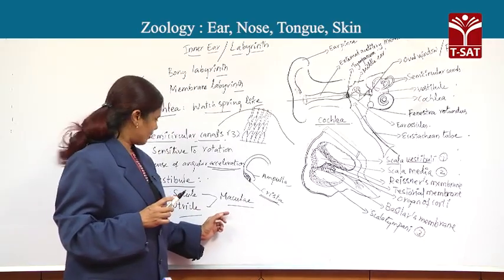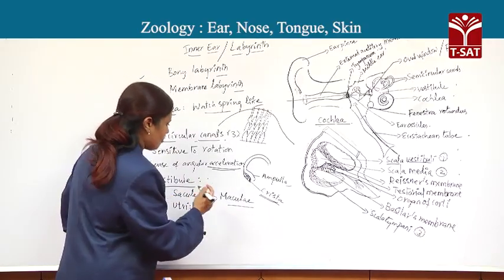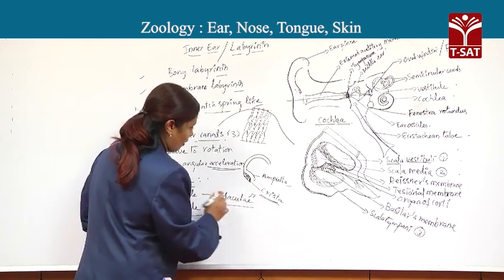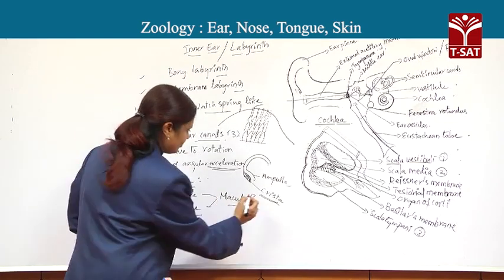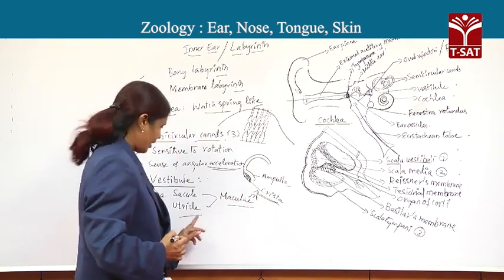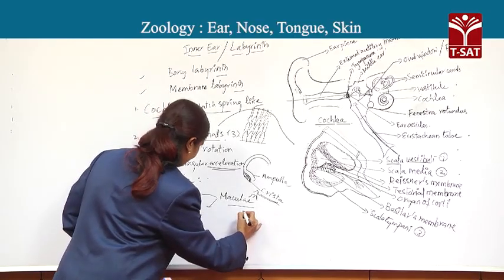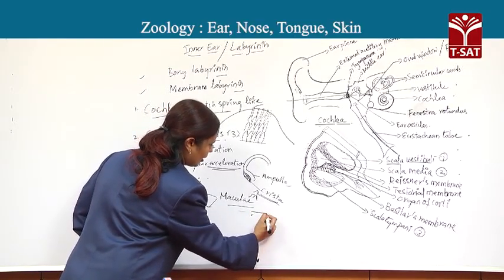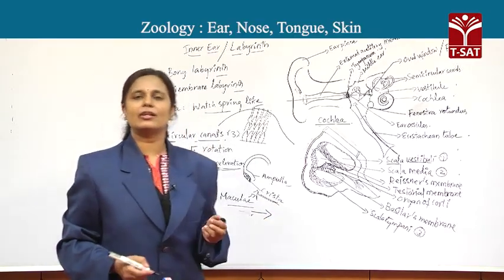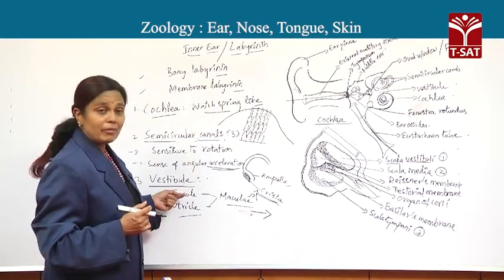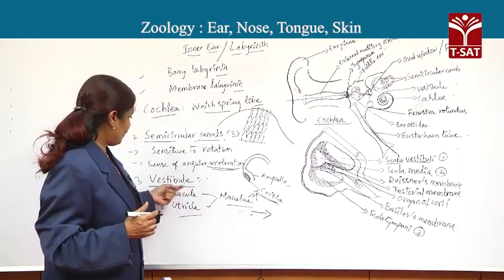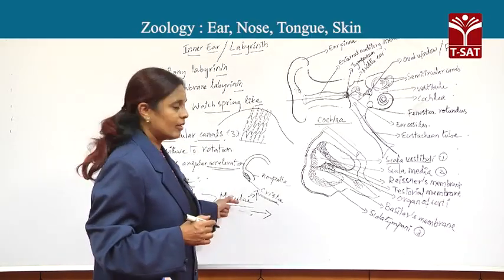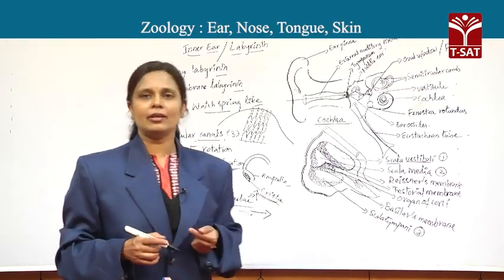Now, about the 2 maculae. The macula of saccule provides a sense of vertical acceleration, whereas the macula of utricle provides a sense of horizontal acceleration. The membrane labyrinths of vestibule, that is saccule and utricle, with their respective maculae, together we call it